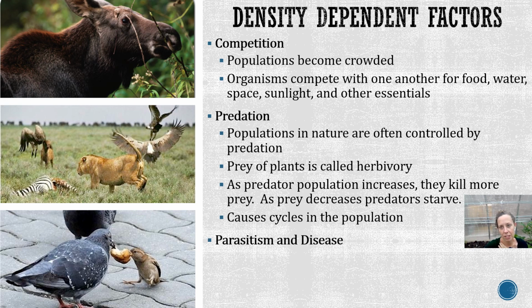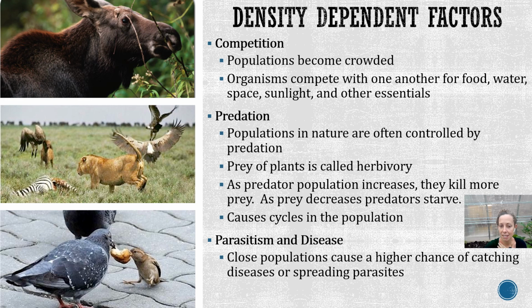And then the last one for density dependent is parasitism and disease. What it is, is that close populations have a higher chance to spread disease to one another. Also parasites, right? Little things that kind of just pass